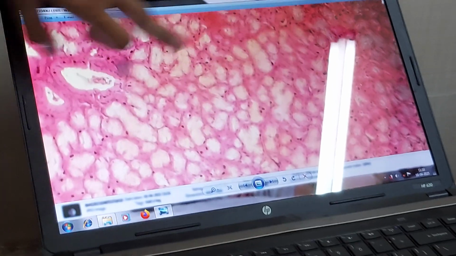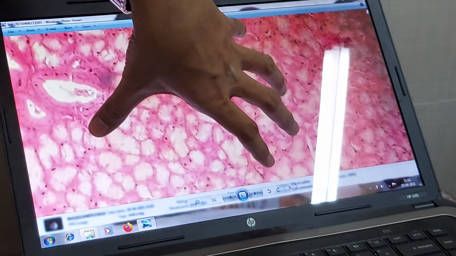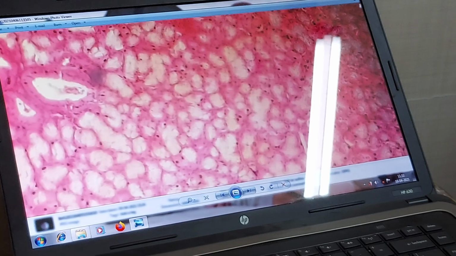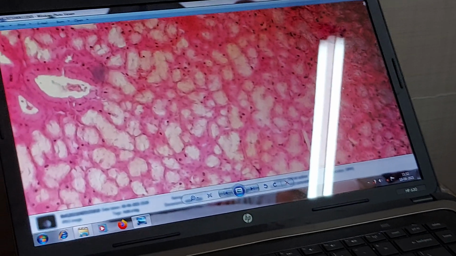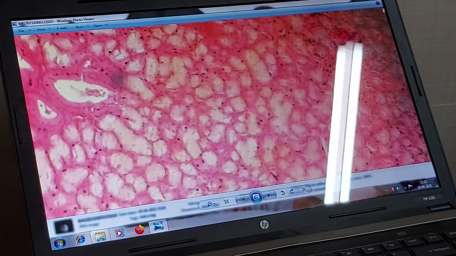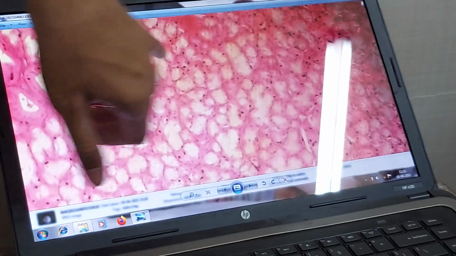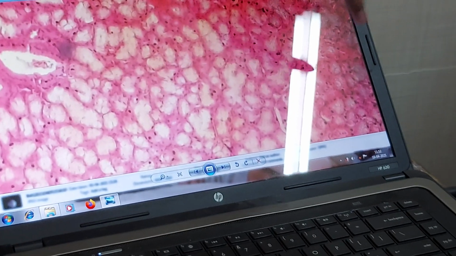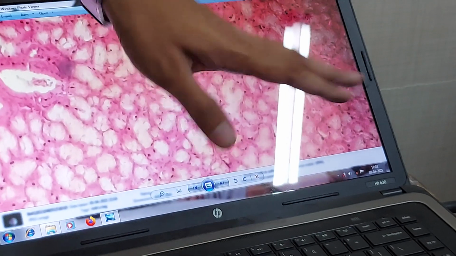Could you see any connective tissue separating these gland cells? Normally it will be separated, but here you can't see clearly. But there you can see very clearly a white colored halo separating the exocrine part and endocrine part, because the endocrine part needs blood vessels. Those blood vessels will be present within the connective tissue. So connective tissue is a must around the endocrine part. Here also connective tissue will be present but can't be seen properly. But you can see the serous part and mucous part, and the duct. So obviously exocrine gland and mixed gland.